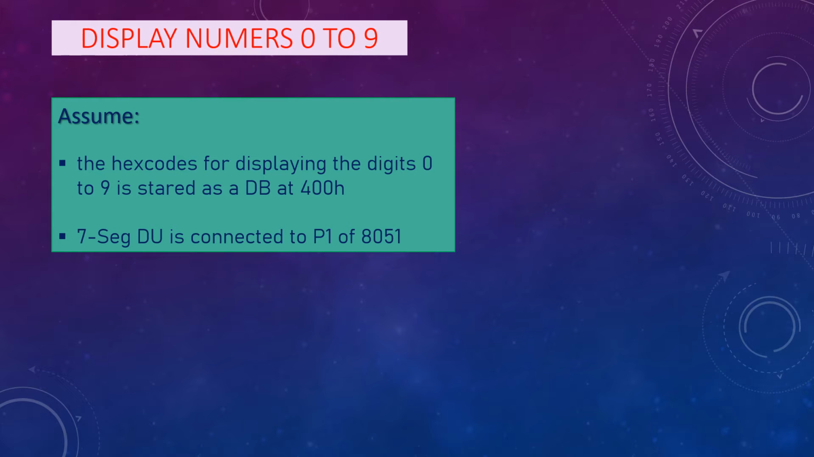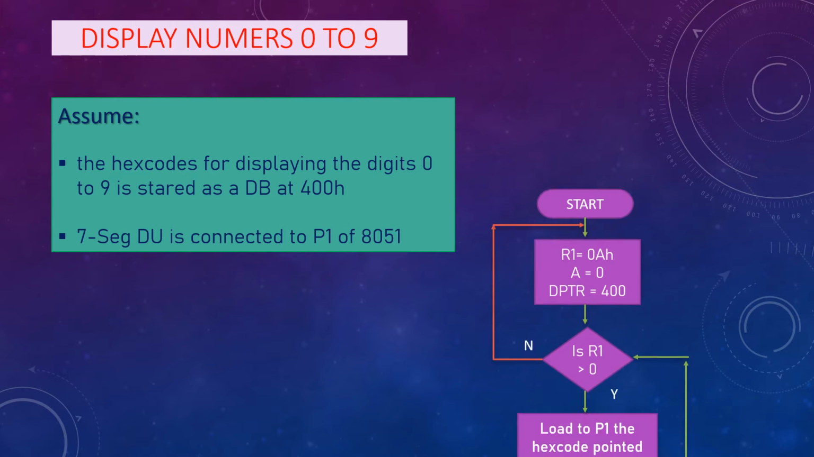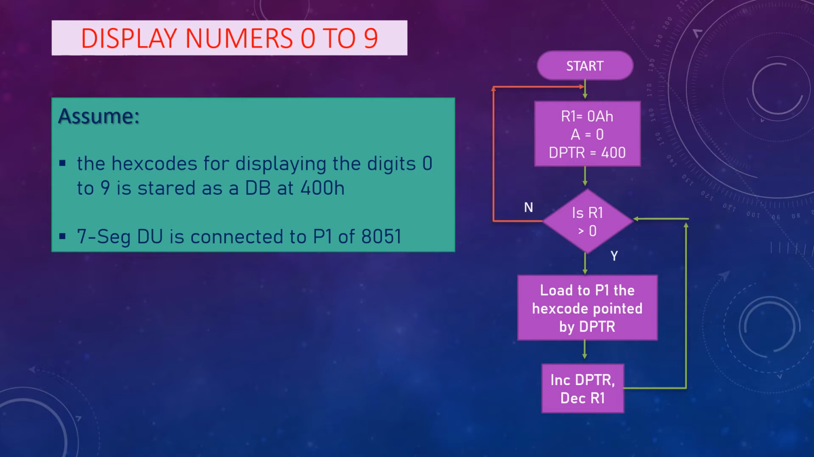Let us develop the flowchart. Let us initialize the counter that will ensure that all the 10 numbers are sent to the port. So let us set R1 equal to 0AH. Let us clear the accumulator and load dptr with the initial address of the database. Continuing further,